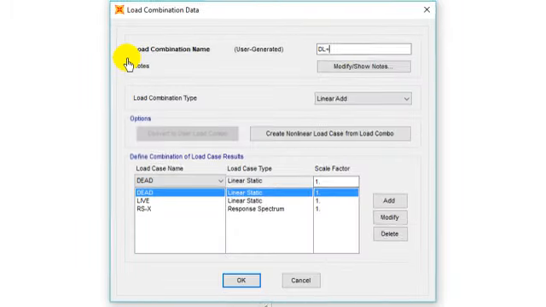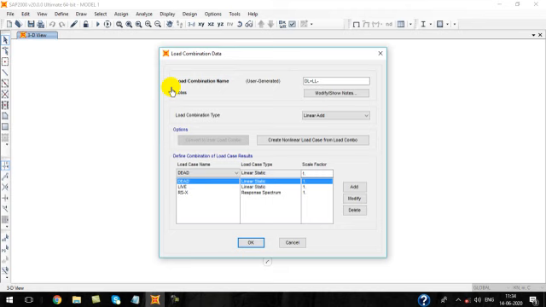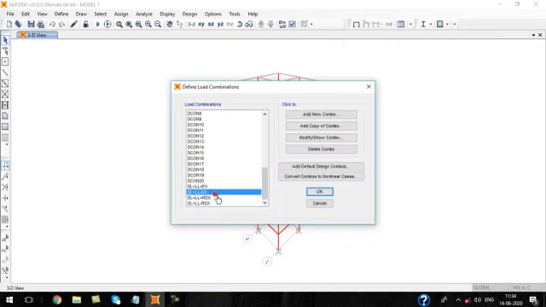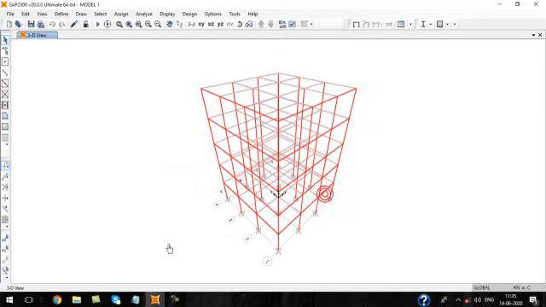Dead load plus live load minus RSX. Here I have not considered EY direction because the plan is symmetric. In Y direction also we will get the same. So that is why only for these load combinations we will check the serviceability conditions.